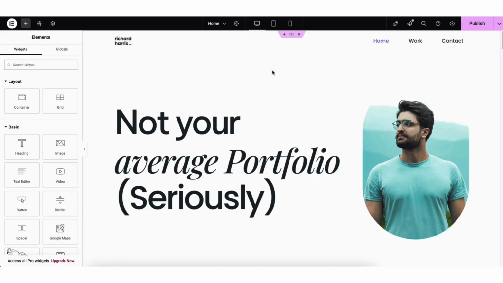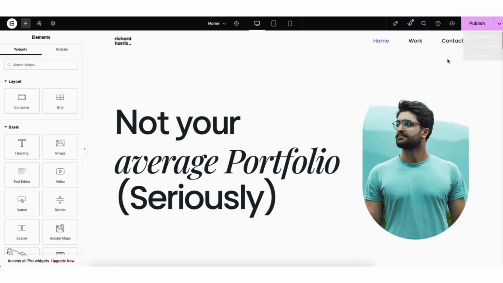Now let's get to know the drag and drop editor, Elementor, better. I'm here in the editor for the home page. You'll see Publish in the top right. Click this when you want to publish changes you've made to your site. If you click the arrow, you can save the page as a draft or save the page as a template to then use as a template for another page you create.